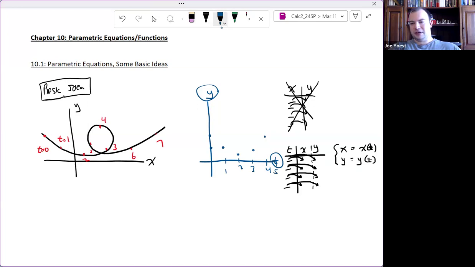At t equals 5, it comes back down. So y might look like this. Something like that. This little blip here on that axis was just a mistake. I didn't mean to actually touch the thing there. But yeah, so y of t might look something like this, or maybe if I draw it a little more cleanly,